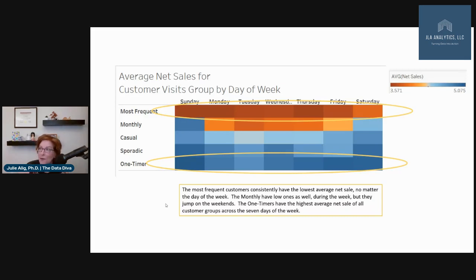Doesn't matter the day of the week. In fact, on Thursdays, it's worse. And Sundays and Mondays, it's absolutely worse. But that is a big opportunity loss for this establishment. Think about that. You've got customers who like your brand, like your products, like your atmosphere, like the people